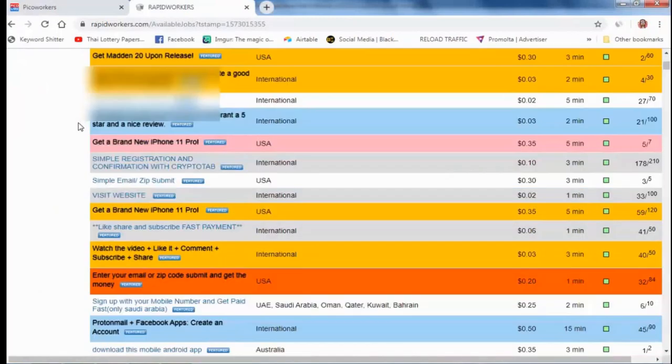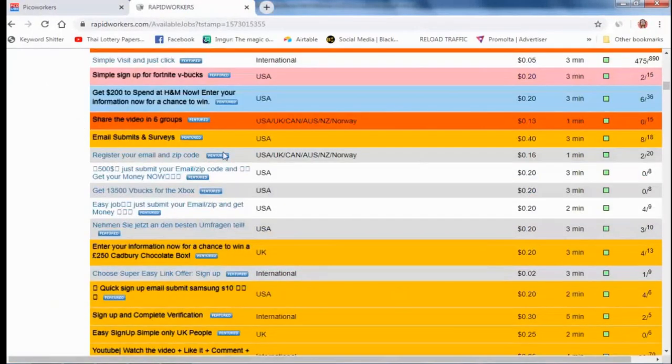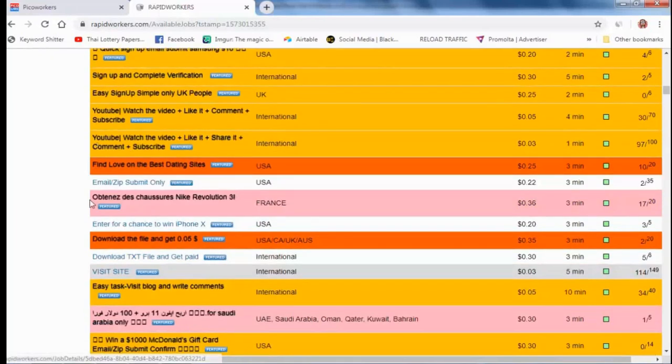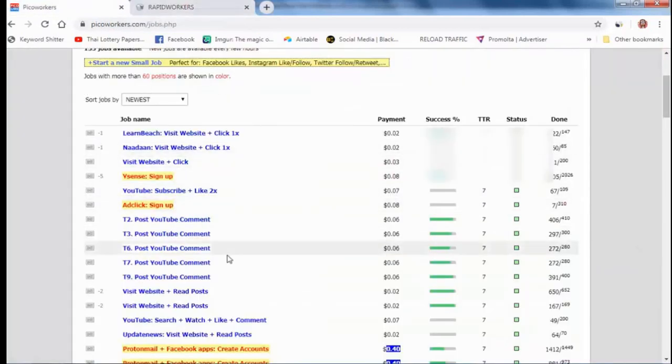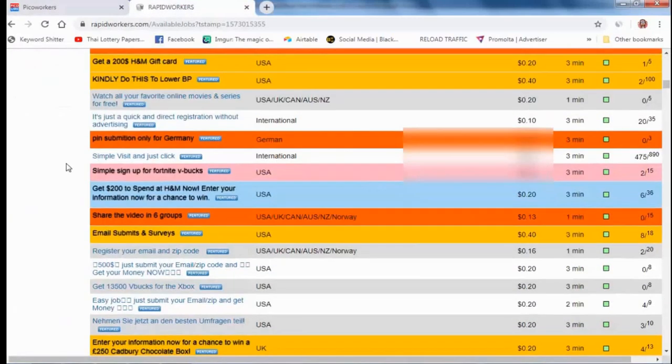Here also I have run many campaigns, and there are thousands of people working part time for 2 cents to 30 cents. Those people are like poor people. They are working on small tasks, and they are real people from real IP addresses. You can get many clicks from Pico Worker and Rapid Worker. This is the best website.